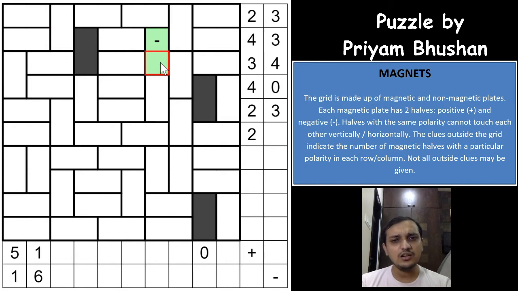So it is nothing but you will have to see a bunch of whole rows or columns having an even number of poles or even number of signs. So if that is the case and you have two regions, an even number of regions going outside or coming inside, then either both of these regions will have to be magnets or both of these won't be magnets. So for example, if you have 4 regions coming out and going in, then you can make sure that either 4 will be magnetic, or at least 2 will have to be magnetic and 2 will not be magnetic, or all the 4 will not be magnets.